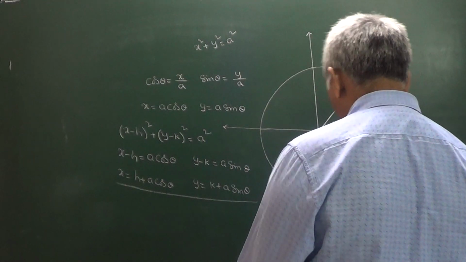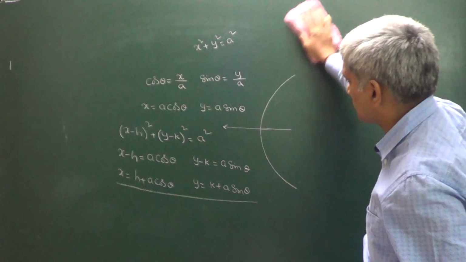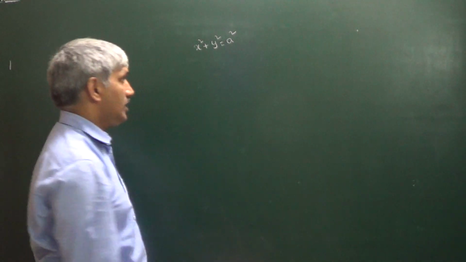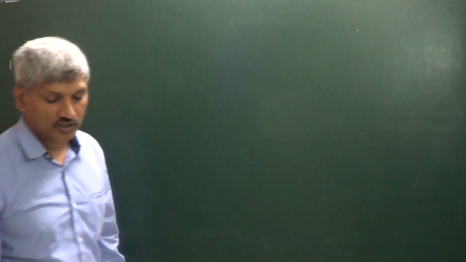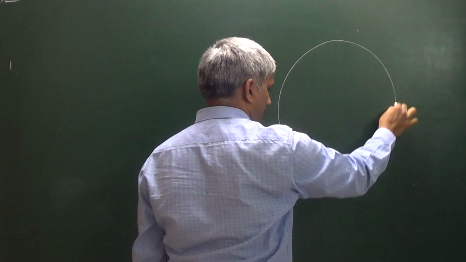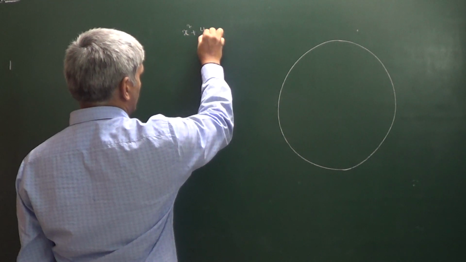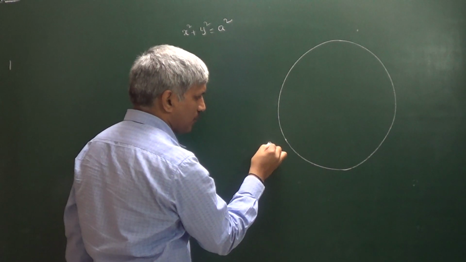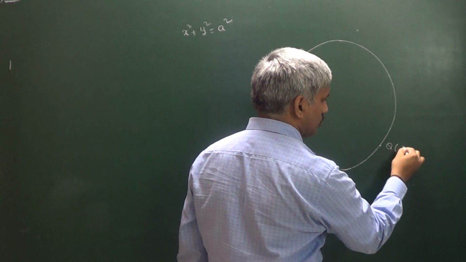So now the information here is we got the parametric equations of a circle x square plus y square is equal to a square. For that circle the parametric equations are x is equal to a cos theta and y is equal to a sin theta. Now the information is given in the question like this. This is the circle, same circle, x square plus y square is equal to a square. Here there is one point, that point is P alpha, and here there is another point, that point is Q beta.